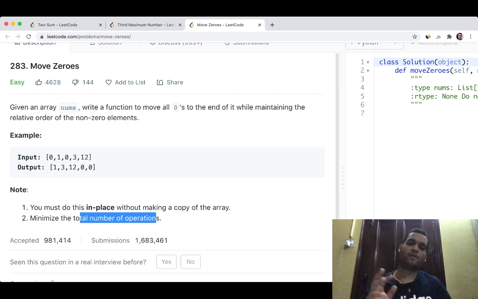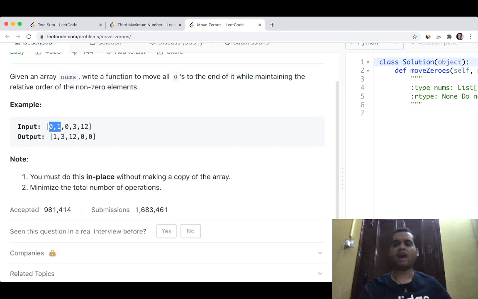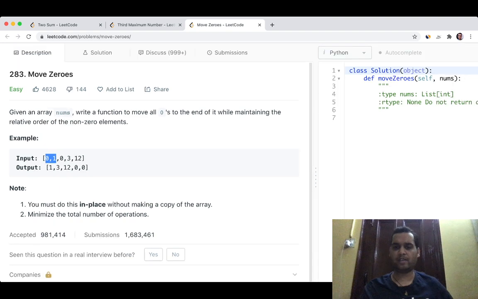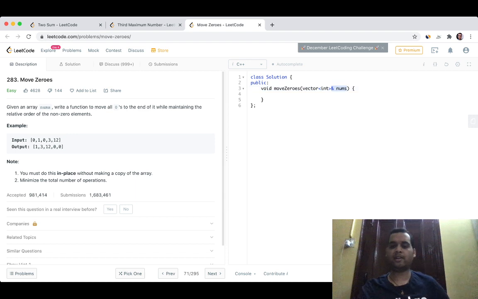The most optimized approach is the two pointer approach. We carry two variables. One variable will point to the index where a non-zero number is there, and the other will point to where a zero element is there. That's how we are going to swap in place in one iteration, in O(n), without using any additional space. If you are doing it in C++, the nums vector is provided to you. You just have to traverse it and do it properly.